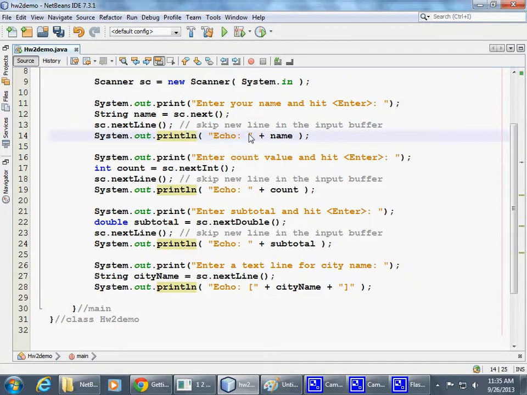One follow-up question. Yes. If you don't tell them to hit enter, how does the first next know when the end of the input is done? Well, it's tricky because